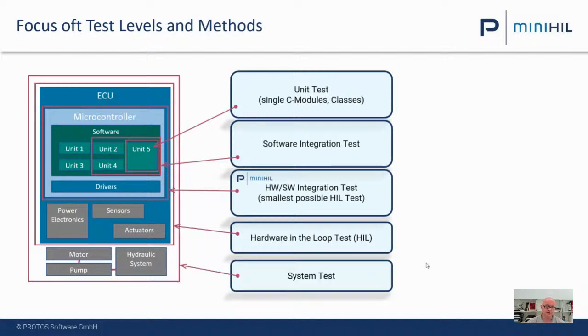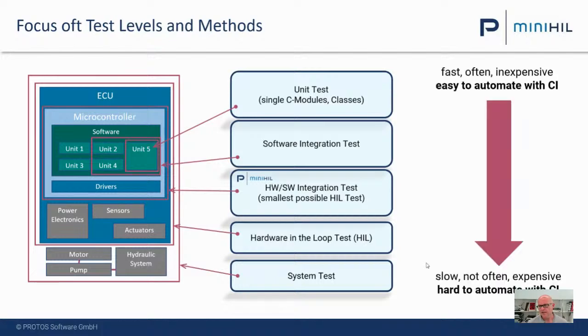And in the end, you run a complete system test. So you get into the car and drive through the desert, Nevada, for example, and that's obviously very expensive, and you cannot do this very often. And you cannot do this on every software change. So